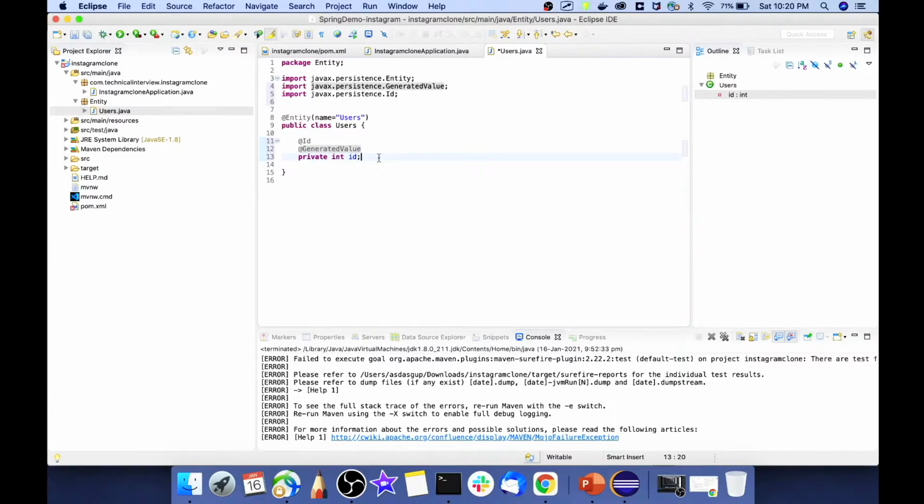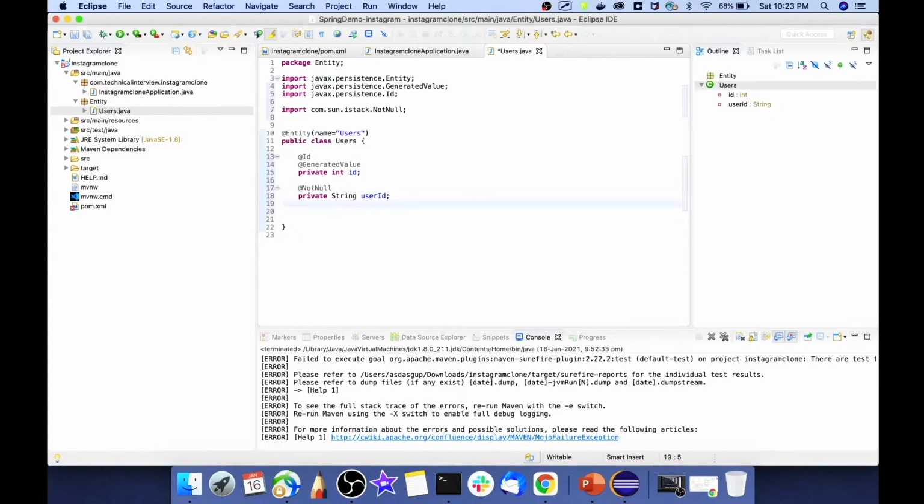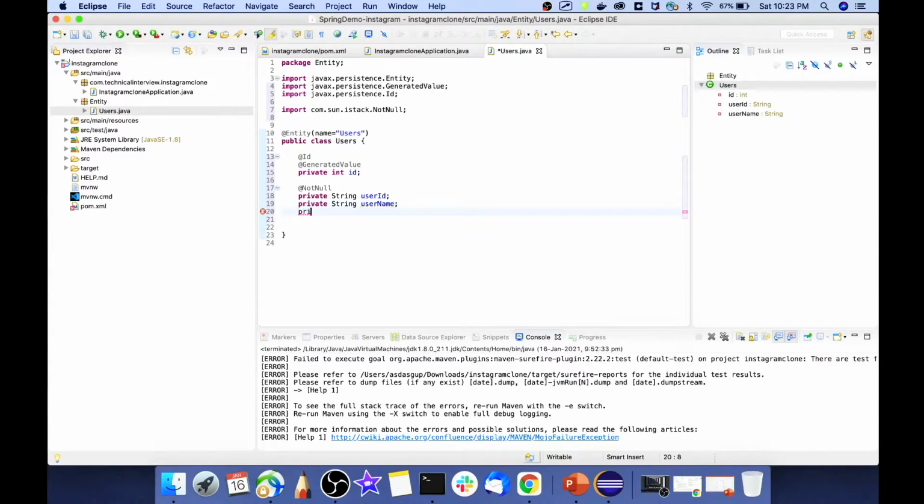Now let's keep on adding the other attributes that we need for users. The first metadata that we will be adding over here is the user ID of a particular user, which we will be receiving from the Firebase application that we will be integrating in our next video. So let's provide the support for the user ID. And since this user ID is a mandatory field for all users, we will be providing an annotation called NotNull.